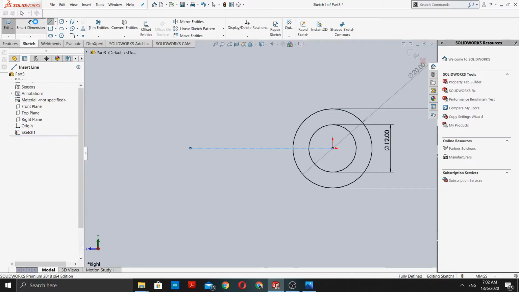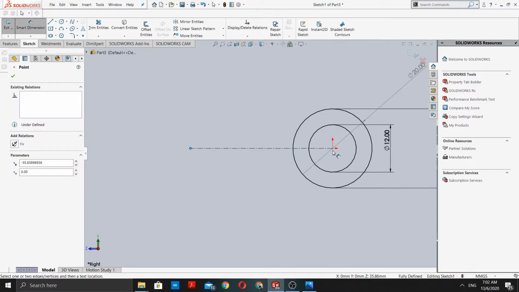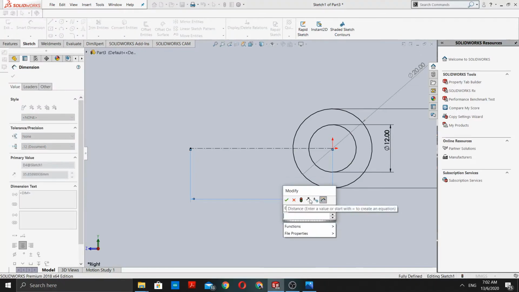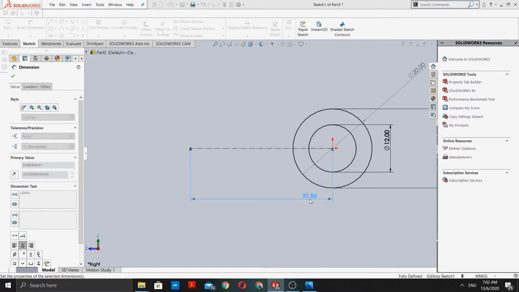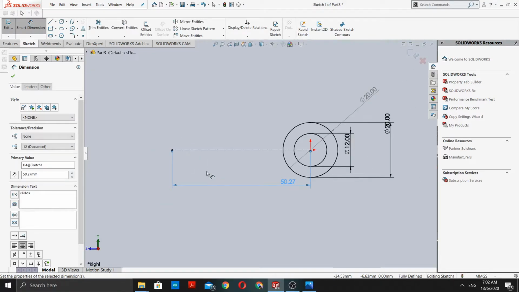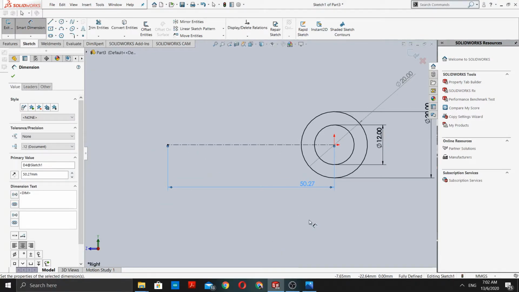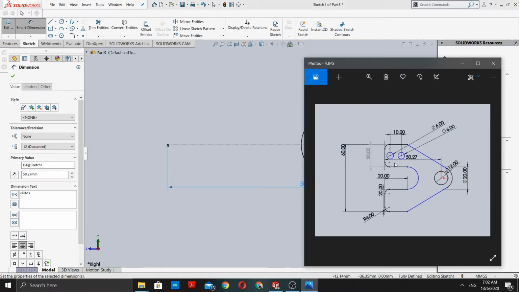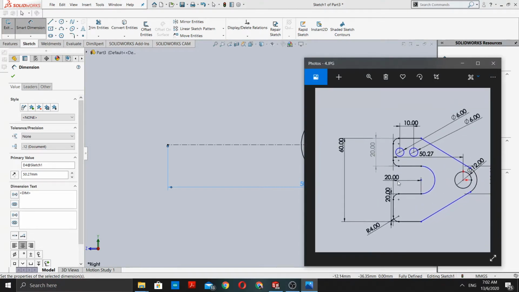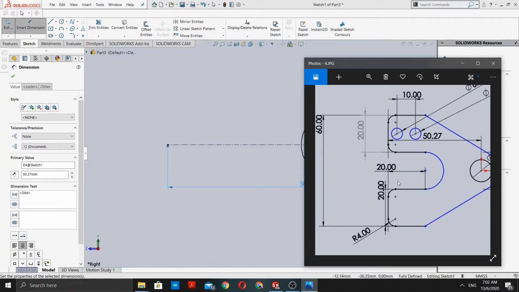Okay, let's choose 50.27 millimeter as the length of the line. Okay, so now we go to the sketch again, and in the sketch we can see the total length of this